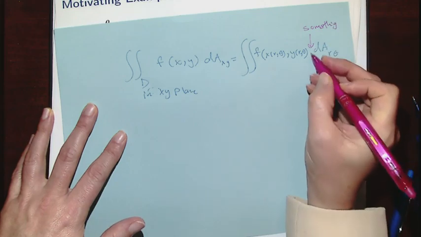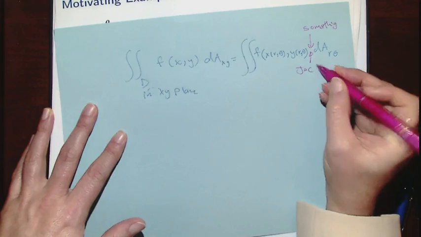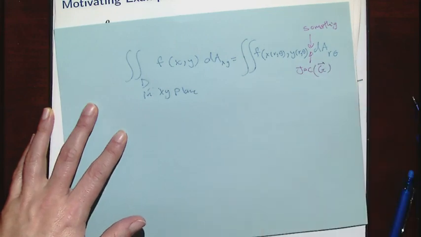So you have to have something. This something is the Jacobian of G. It's called